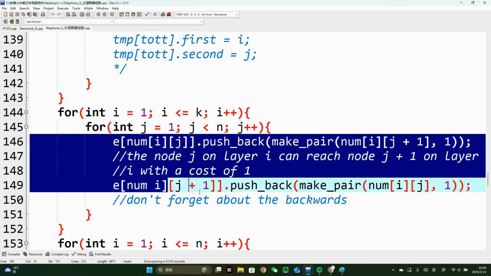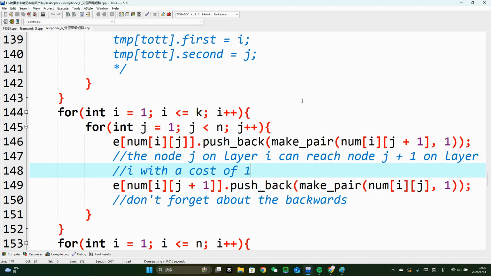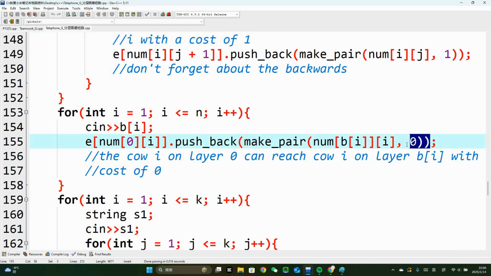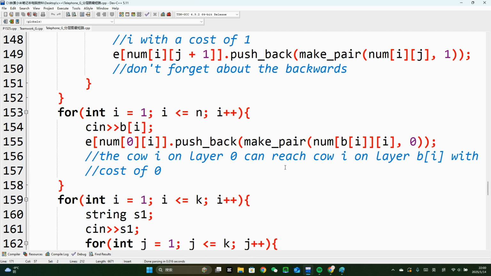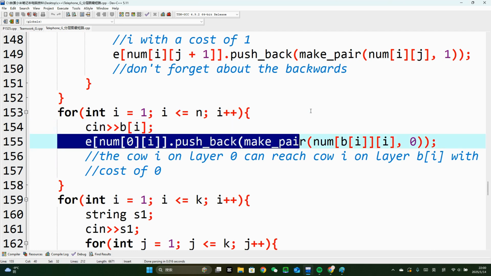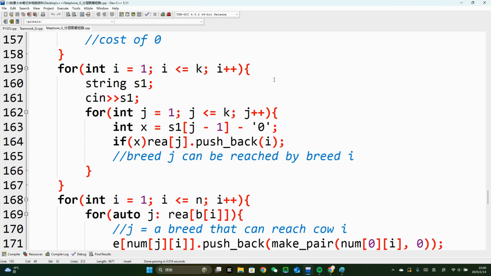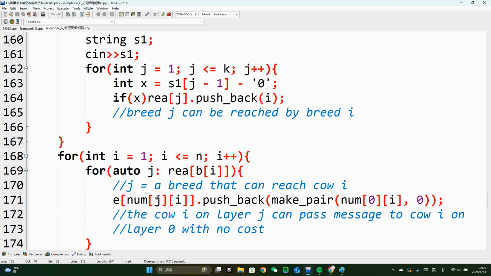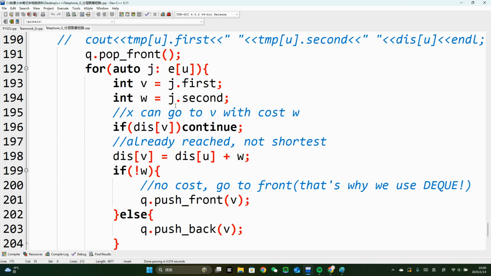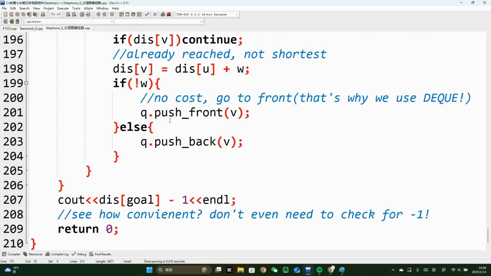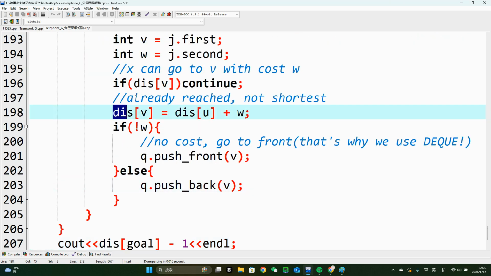And now between every single layer, obviously, these are the edges that run between layers with a cost of 1, and all these other edges have cost of 0. Exiting edges and entering edges have cost 0, right? And that's obviously the entering edges, and that's exiting edges. And now we just run a dijkstra, good old dijkstra, and we have the answer, minus 1,